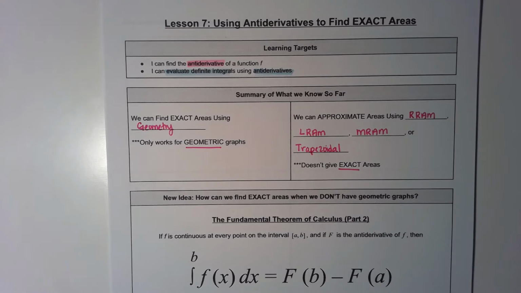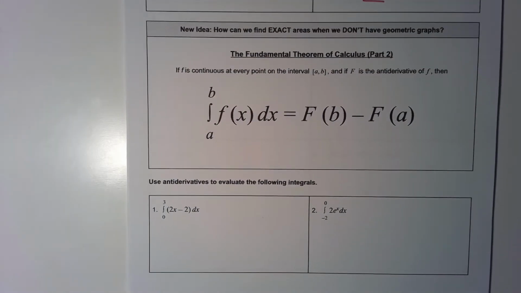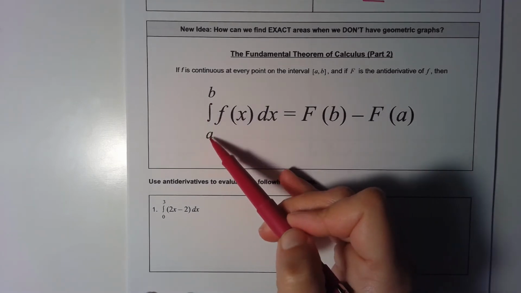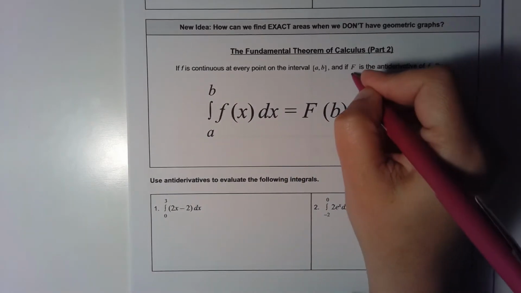But the new thing we're going to learn today is that we can find exact areas when we don't have a geometric graph. It just means that we needed to know antiderivatives to do that. Here's how this works. If f is continuous at every point in your interval, so this only works for continuous functions, obviously. If your graph is not connected, you can't find a continuous integral. If your function is continuous and you can find the antiderivative of your function, so big F is the antiderivative of little f, then the integral from a to b of little f can be calculated by finding the antiderivative